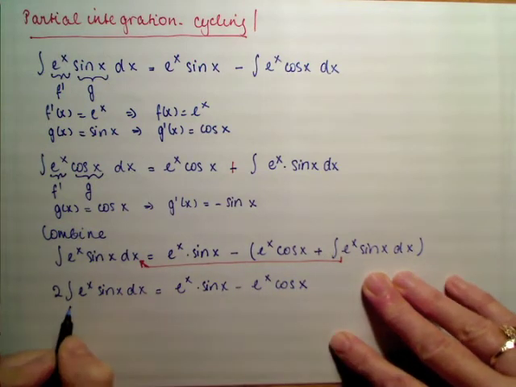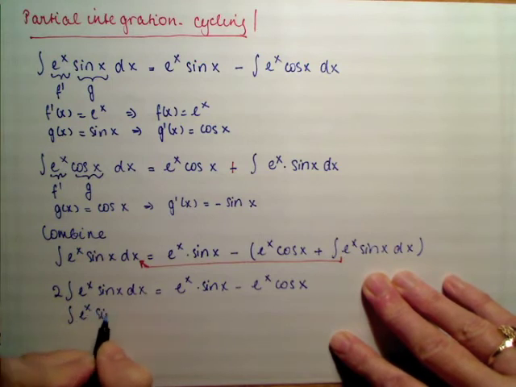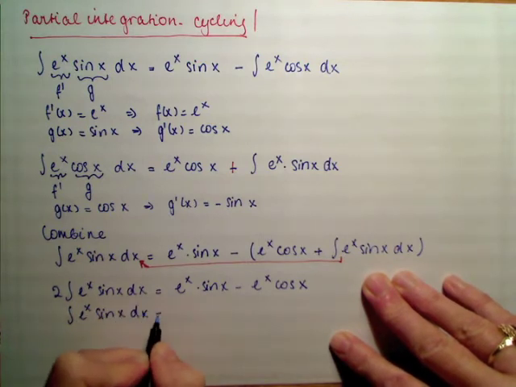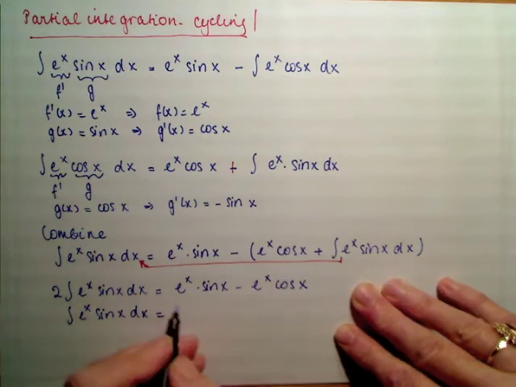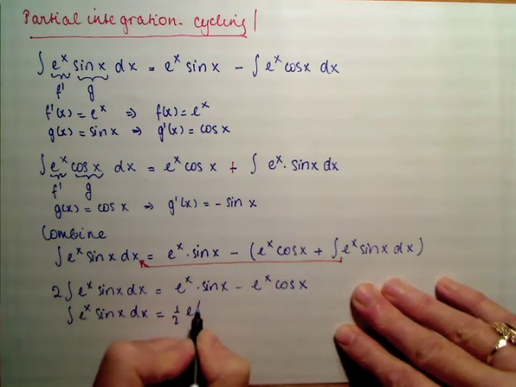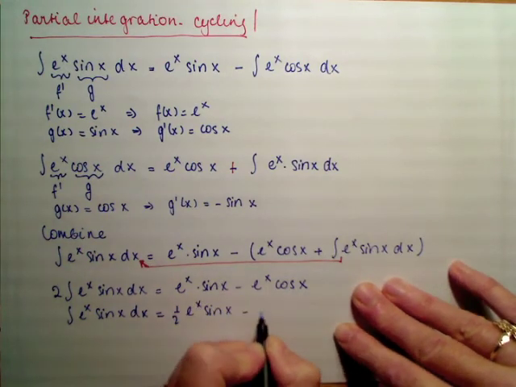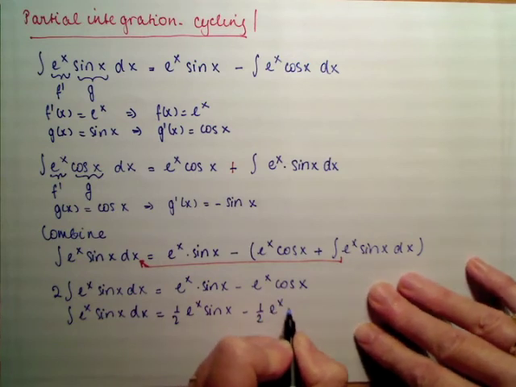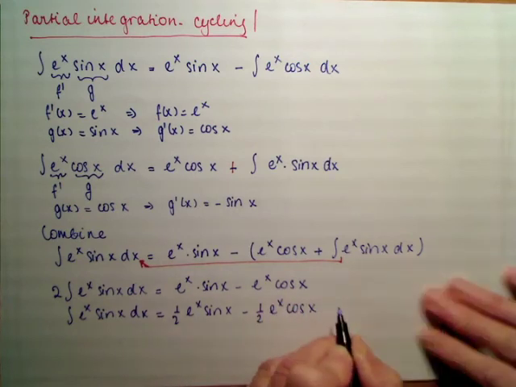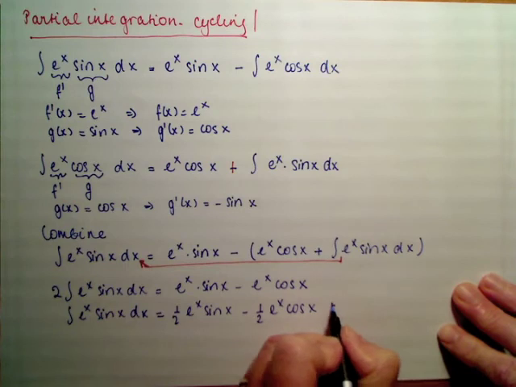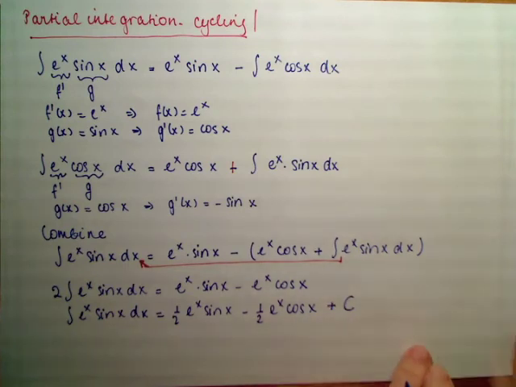Now the only thing left to do is that our unknown integral is equal to the right hand side divided by 2. And so we have solved our problem, miraculously, in some sense. And of course, since a primitive is not unique, we have to add an arbitrary constant in this